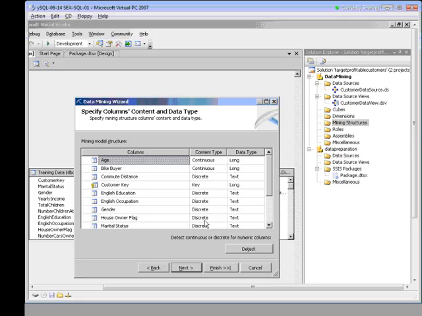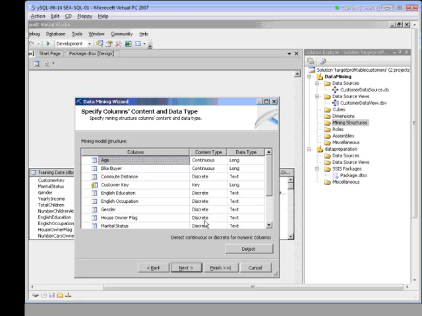Now notice something for a second here. The system has already found out the default values for the data types. It displays the content type, whether it's continuous value, a discrete value, a key, and so on. Also, it's taking the first stat based upon the data types as discovered from the data source view. However, some of the results may not be completely accurate. For instance, let's take a look at bike buyer. Since the underlying data type has several characters, the system believes it's continuous value. In actuality, there are only two values for this field, 1 or 0, yes or no, they're a bike buyer.